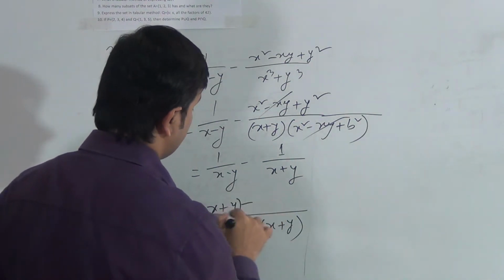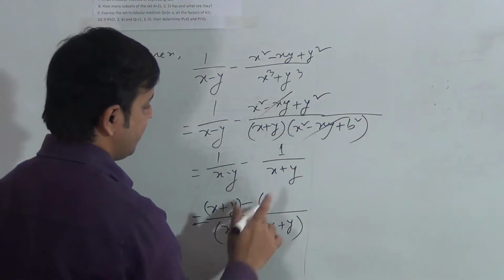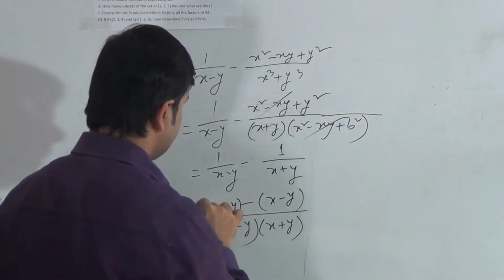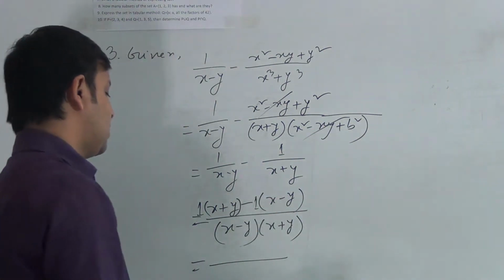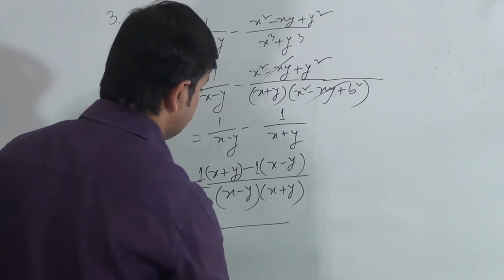If we divide by x plus y, we will get x minus y. If you want, you can write 1 here; if you don't write it, that will also be correct. Okay, now see, the product of these two is